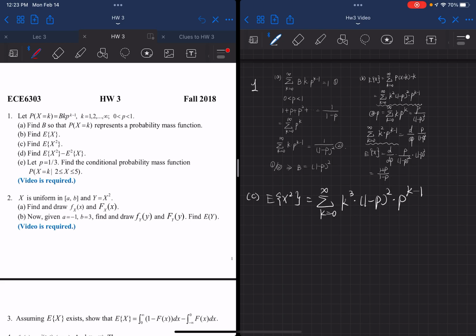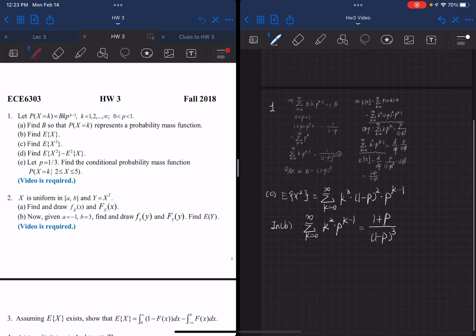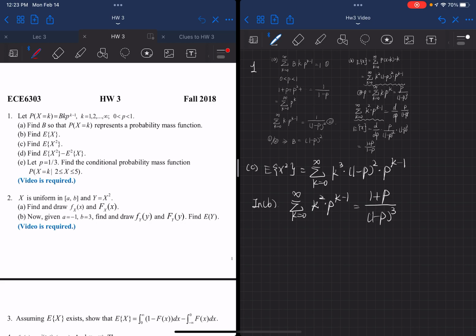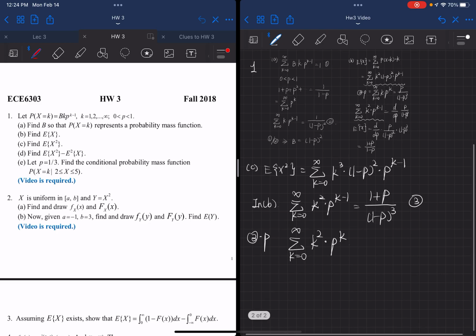And since in B we got that the summation of k to the power of 2 times p to the power of k minus 1 equals 1 plus p divided by 1 minus p to the power of 3, applying the same procedure we did in part B, we denote this formula as equation 3, multiply it by p, and we get that the summation of k to the power of 2 times p to the power of k equals this equation,